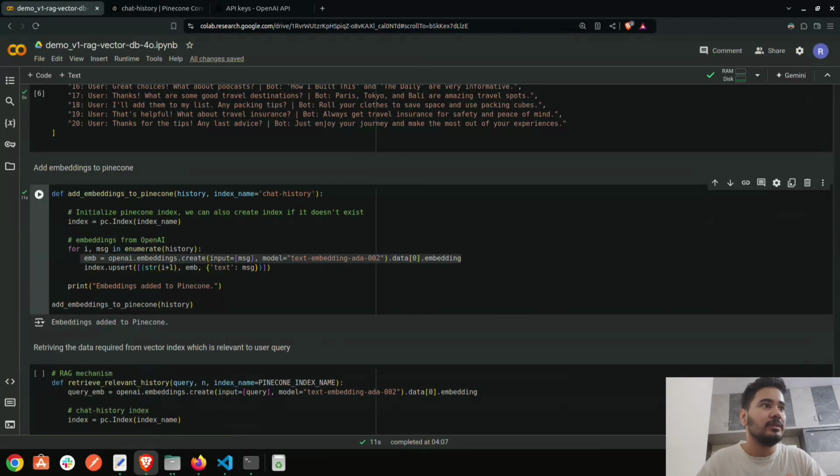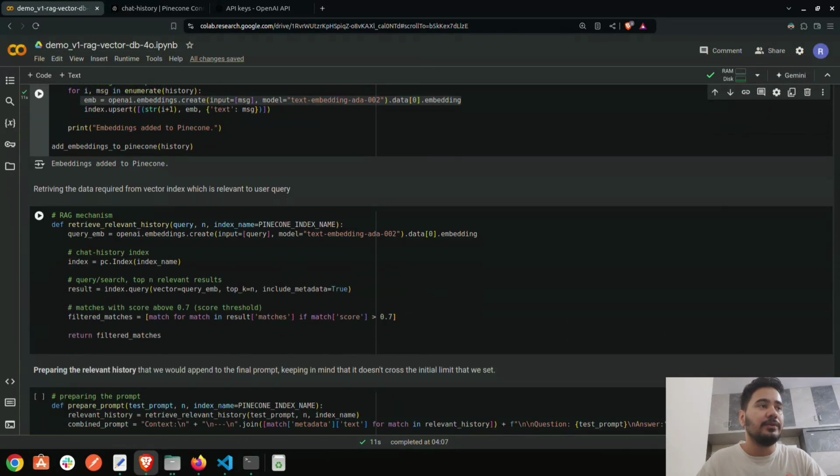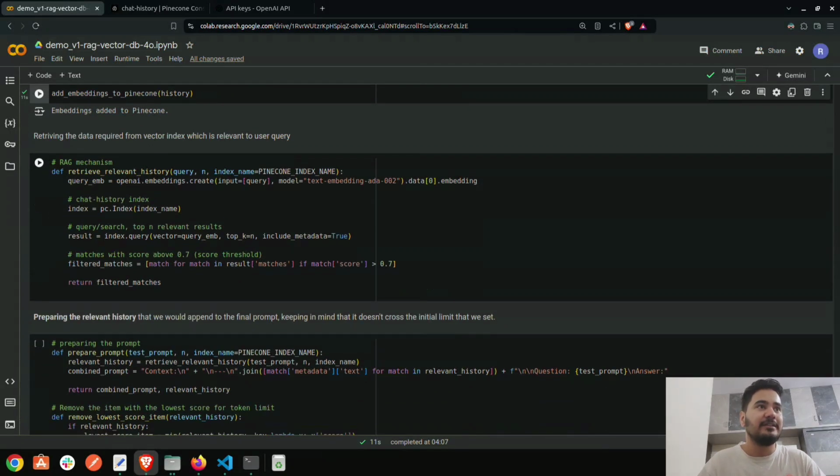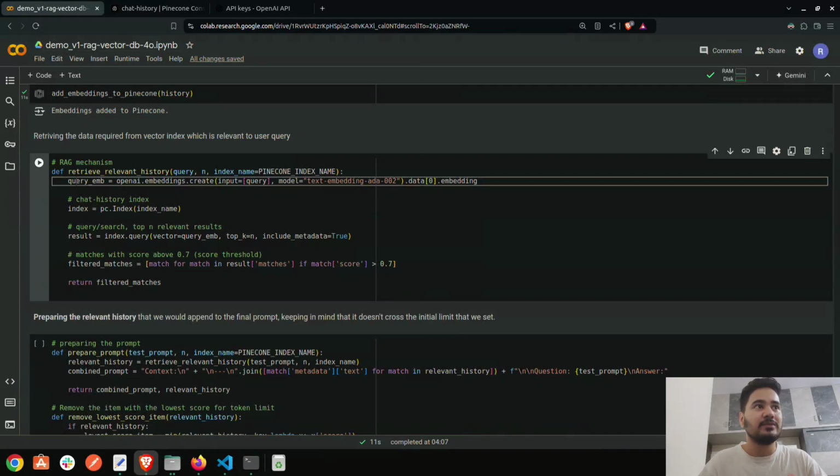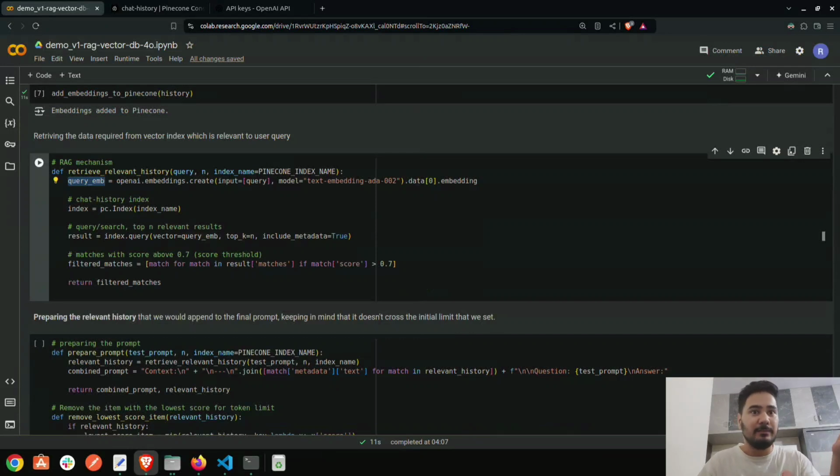Sounds good so far. So now we are making the RAG mechanism, how we'll be retrieving the things. So the query, whichever the user asks, will come here, and query embeddings will be generated with the same model from where we did the previous embeddings. The same embeddings will be created for the user query. Now we have to search the same index, right, which we have already initialized. After that